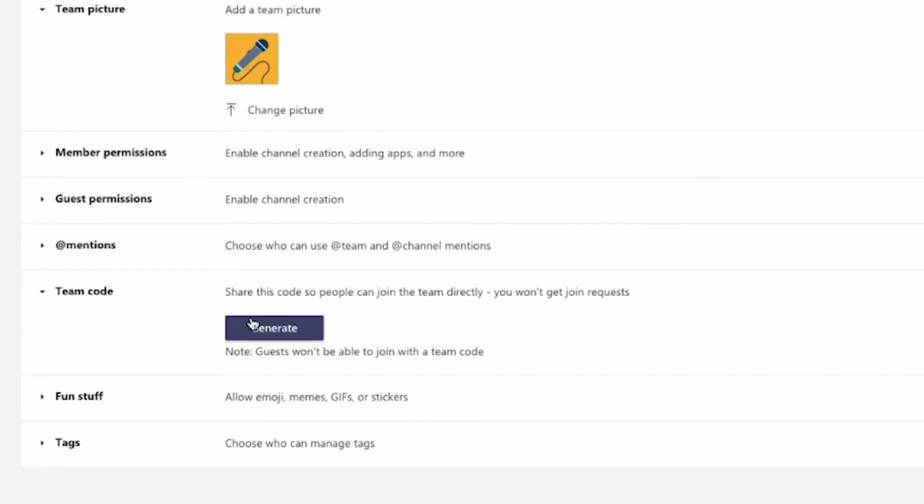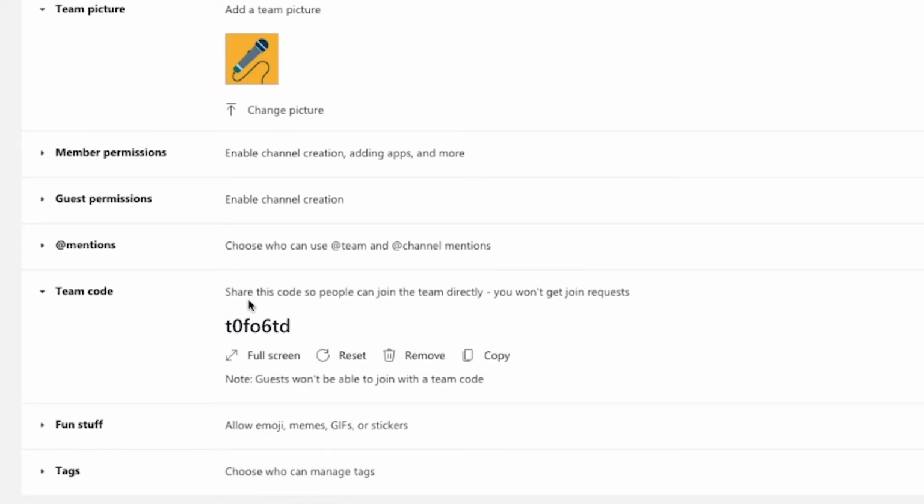All right, team code. Share the code with people that can join the team directly. Yes, we want to do that. Now this code here is going to be what they're going to be using to join your channel. So instead of you manually approving, they can use that code to join your team. Very simple. Of course, if the code is misplaced or copied, you can just reset it here